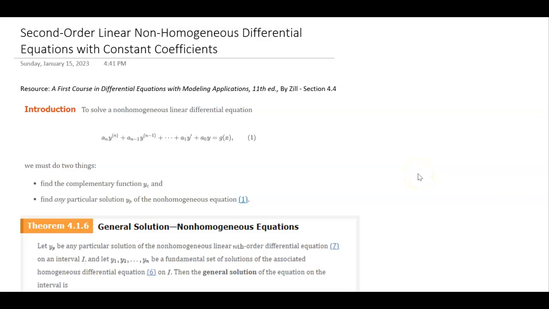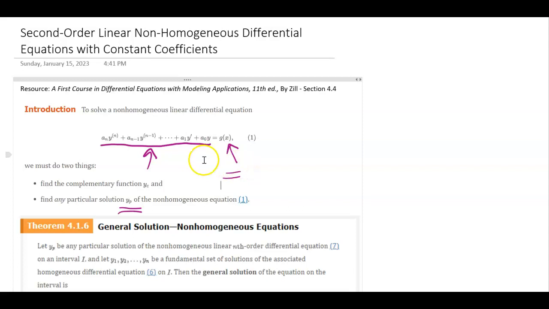This video is going to be over second order linear non-homogeneous differential equations with constant coefficients. So remember, a linear differential equation is going to be of this form, and then this would be a non-homogeneous version because I have a function of x on the right-hand side. So we have to do two things. One, we need to find the complementary function, and then we also have to find what we're going to call a particular solution, and that's going to give us the g of x part